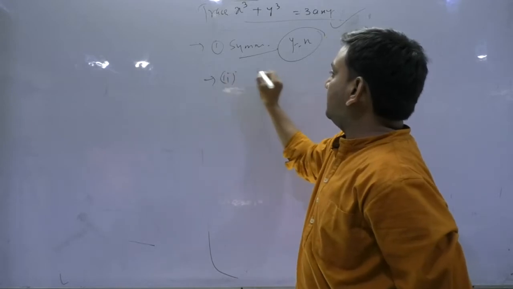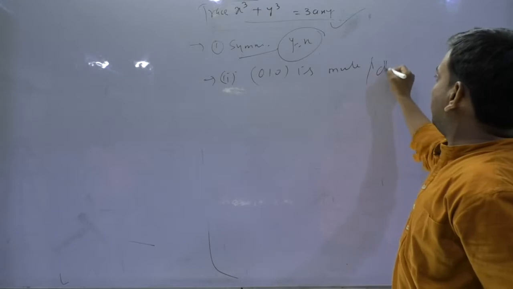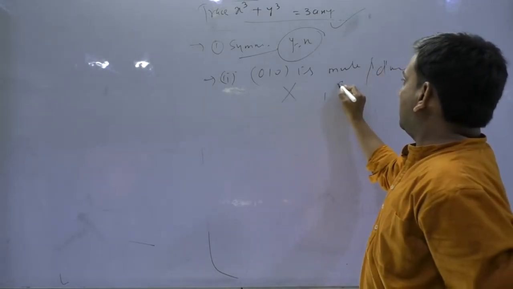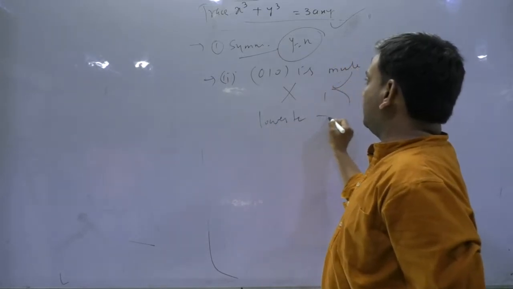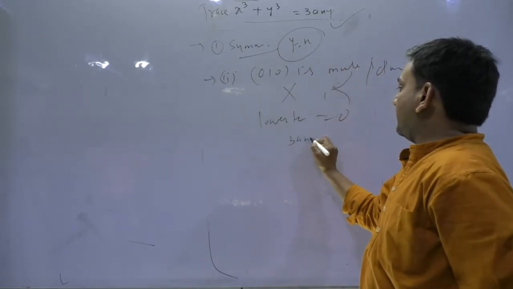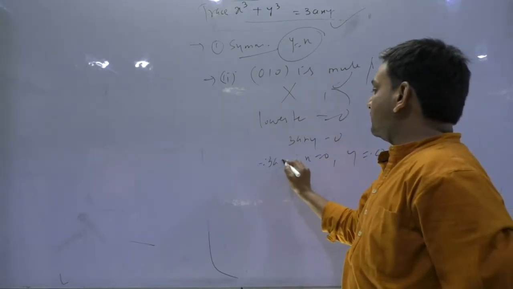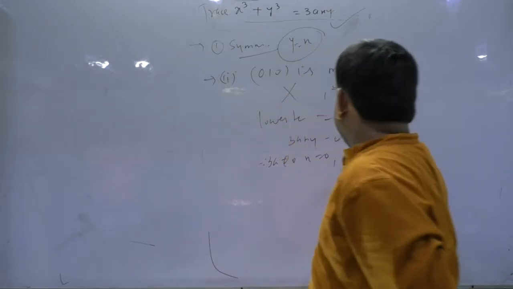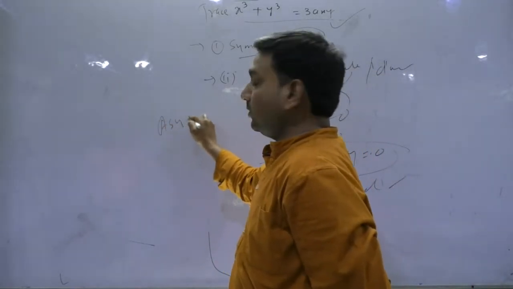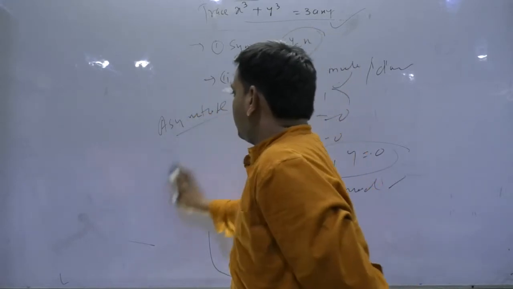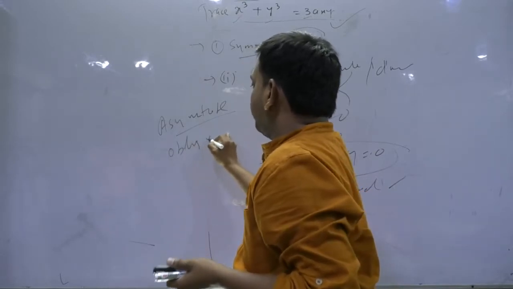Second component is कि origin is multiple point, moreover double point or not. यहाँ से node और cusp. So if I check the lowest degree term to 0, I get 3axy equals 0. That means x equals to 0 or y equals to 0, since 3a is non-zero. So tangents means origin is a node here. For asymptote part, what we do is just putting the parallel asymptotes or the oblique asymptote, arbitrary asymptote.